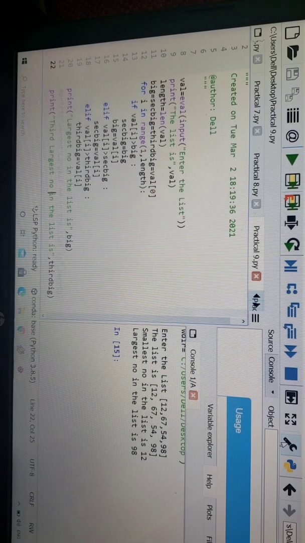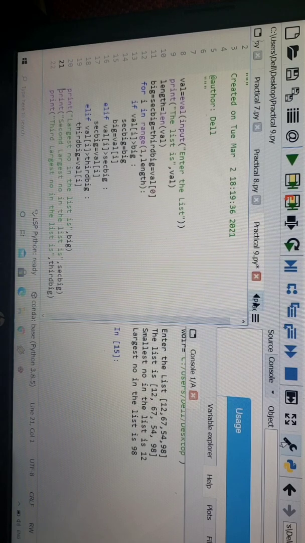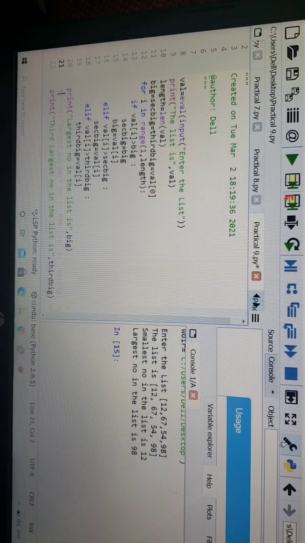Similarly, because we have to calculate the third largest number, we have to set third big equal to val I, and then print the largest number. Just for our reference we are doing this. You can also use this if you want to print the second biggest number. I have used it as a comment here so that you can understand. So just make it a comment and then calculate the third largest number.